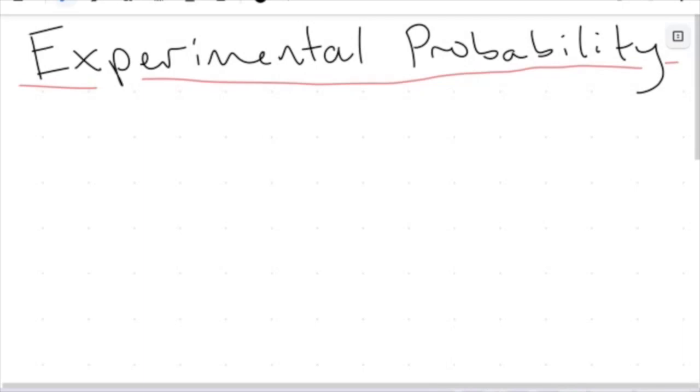Now, we are moving on from the different ways we represent probability for multiple outcomes, for multiple events, and we move on now to something we are going to call experimental probability. Now, this may be a new term to a lot of you, and it sounds a little bit confusing and weird. Why are we talking about experiments? This is maths, but what I'm trying to get you guys thinking about is that everything we have been doing